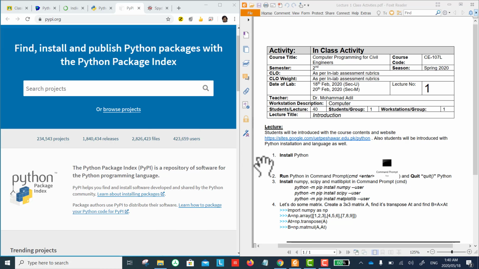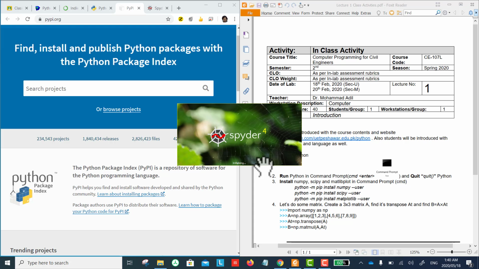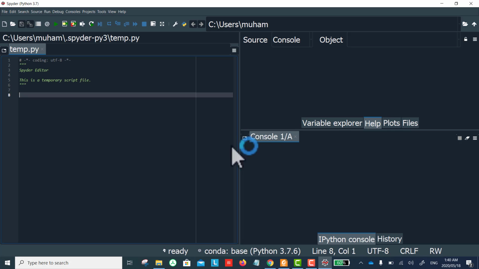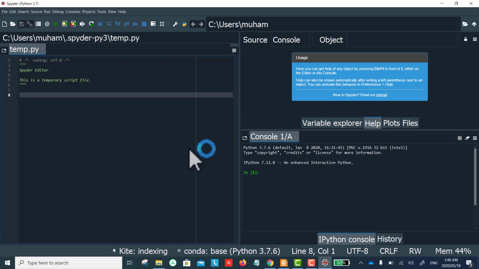Now Spyder, as I mentioned earlier, is an environment which is very close to the MATLAB environment. So if you're not familiar with MATLAB, then knowing the Spyder environment will also get you familiarized with MATLAB. Now, once Spyder is running on the screen, you can write your programs here